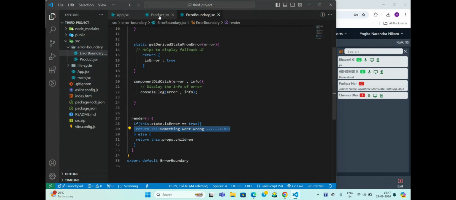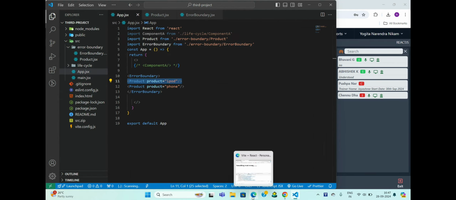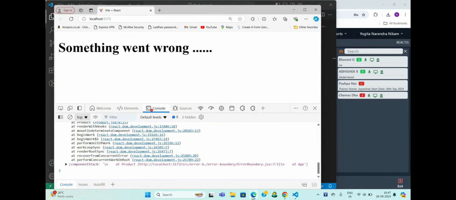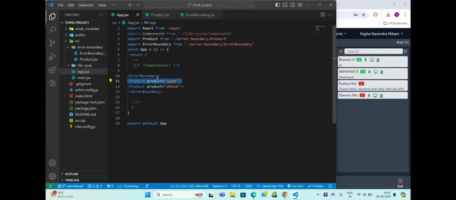But now if you observe this line number 11, is this line number 11 having any error? Who is actually creating the error? Line number 12, right? So at least line number 11 should have been displayed, but still what is happening? It is not getting displayed. Why? Because you have an error in between this complete error boundary.